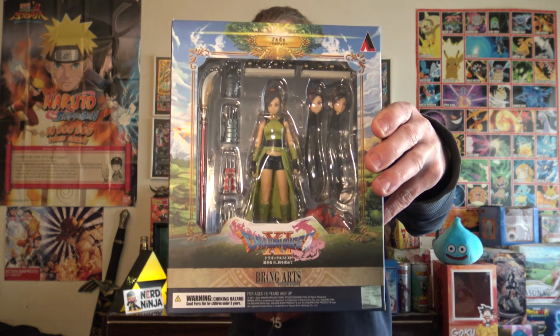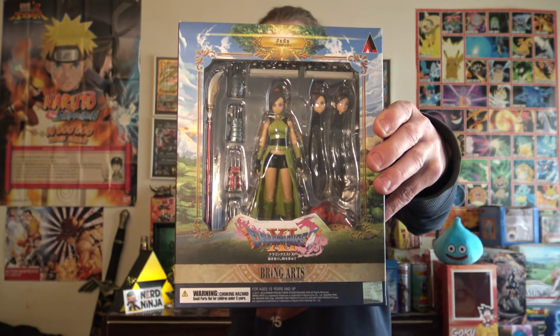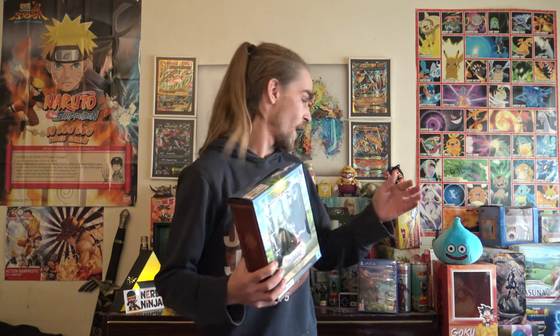Today we are doing the Dragon Quest XI's Jade action figure by Bring Arts. This was a really expensive one. She goes for about $89, but I think I paid 100 euros for this one. I'm a big fan of Dragon Quest, so I had to have a figure of a Dragon Quest character. I have the plushie and I love him to bits, but it's not enough. I had to have a posable figure, and who better than one of my favorite characters in the series, Jade,